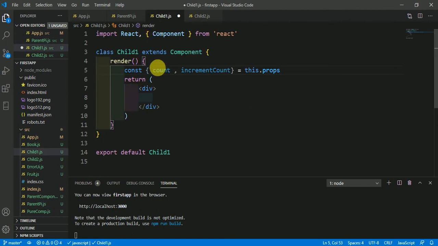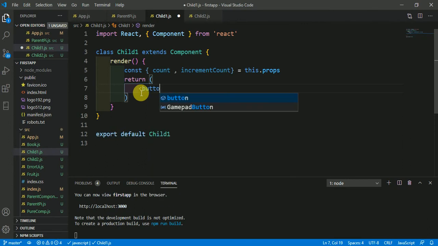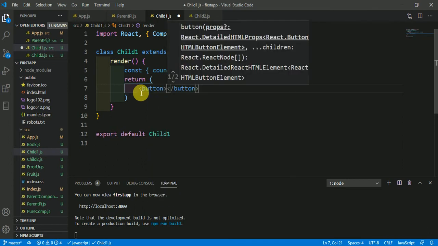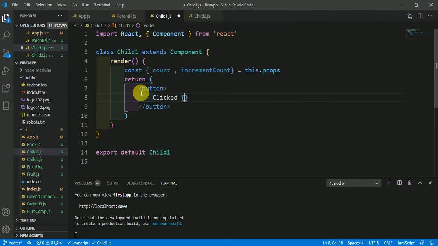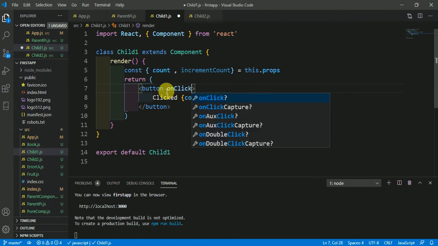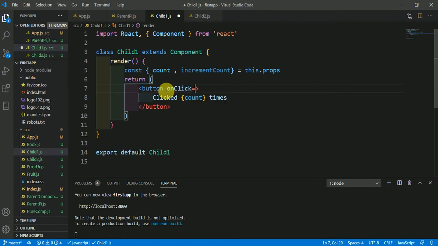Okay, now what I am going to do here, I am making a button, and in this button is to be clicked this state time, and we are going to use the onClick event here, so that if the button is clicked then I want to execute this incrementCount function.